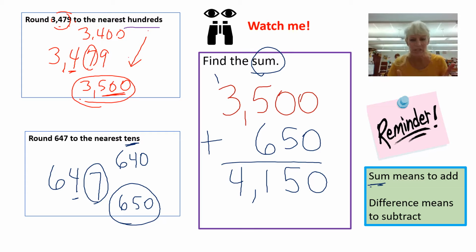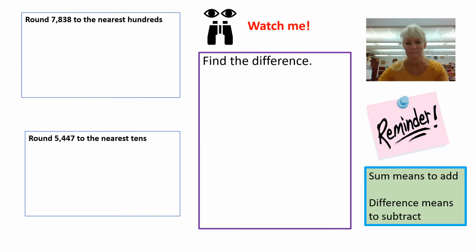We did a lot of multitasking there. We rounded to the hundreds, rounded to the tens, and then we added them. Let's try another one. All right, this is another watch me, so make sure that's what you're doing. All right, first of all, and you're going to have to be careful because I try to trick you here. This says we're going to round to the hundreds first up here. So I'm going to put my number down,